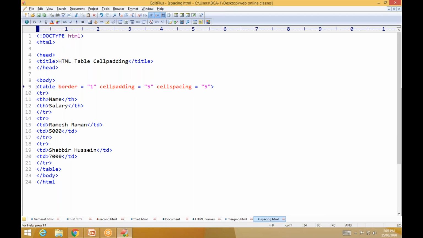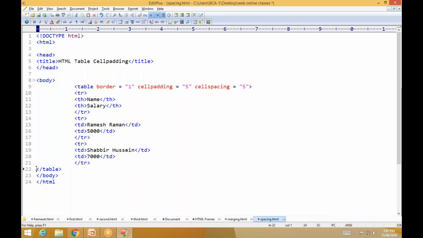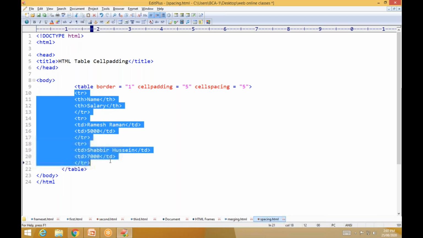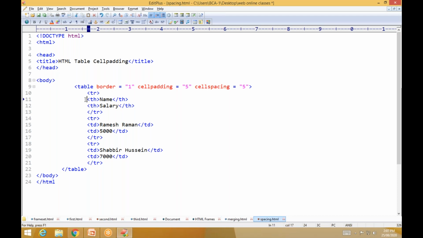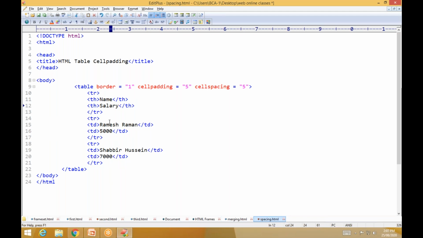Here I have written the table tag. Within the table tag there are first row, second row, third row. There are three rows and two columns. Inside the table tag there is a border, and the default is none.